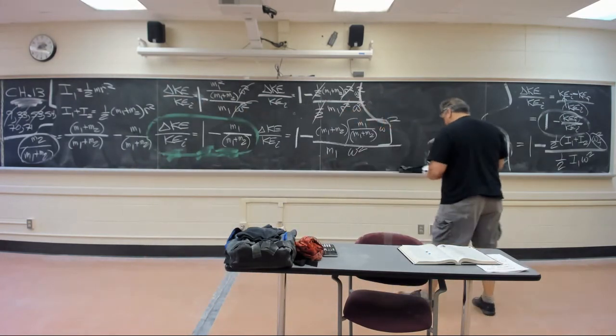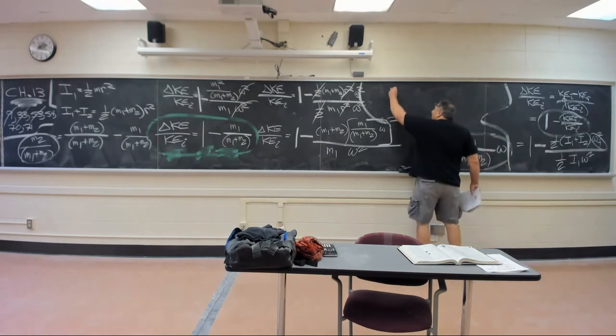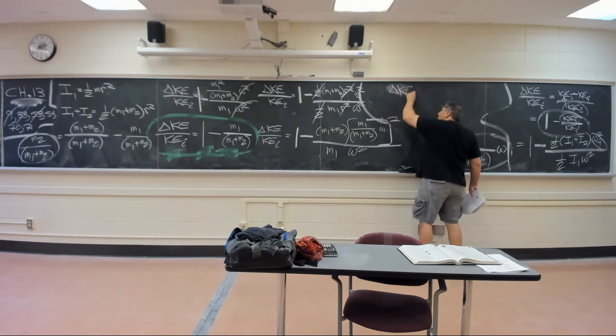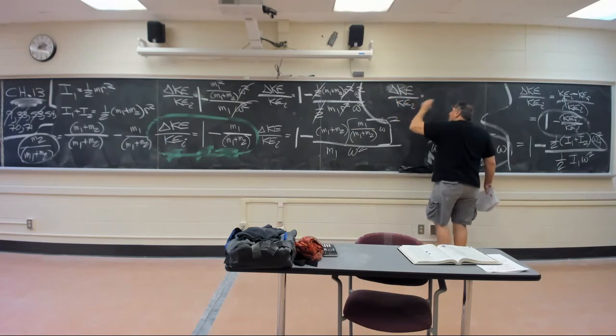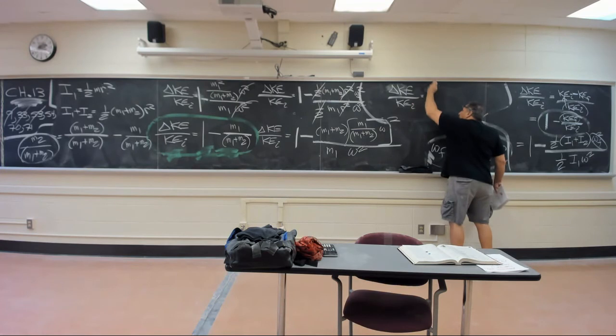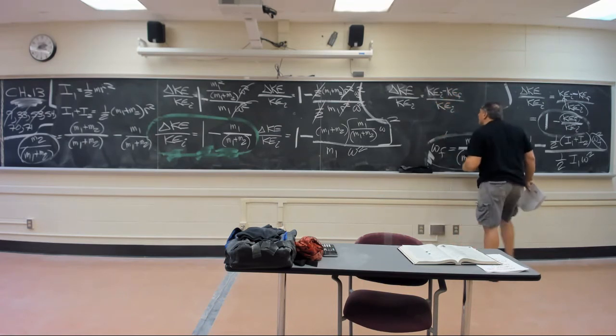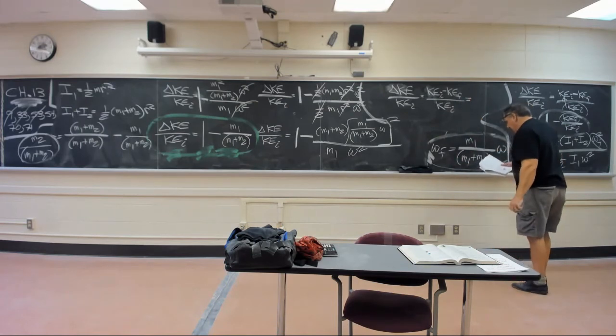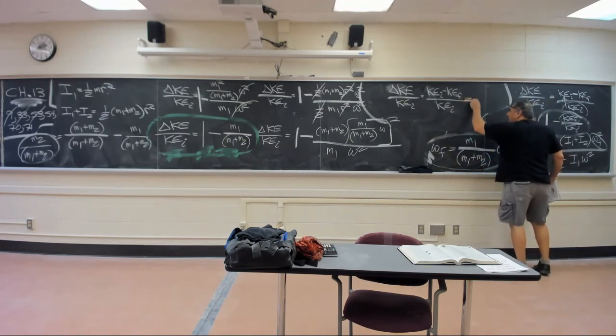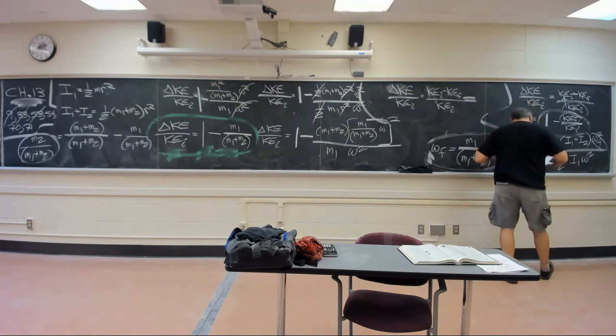You can argue how much better it is, but you got delta KE equals KEI minus KEF over KEI. And man, yeah, you got it. It's M2